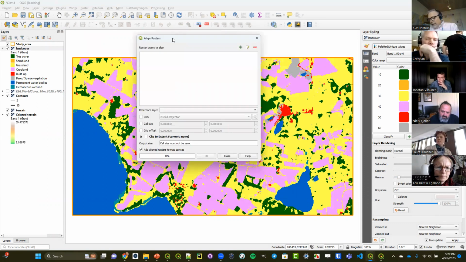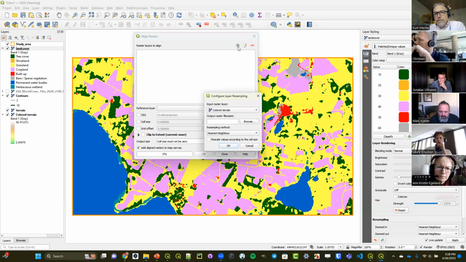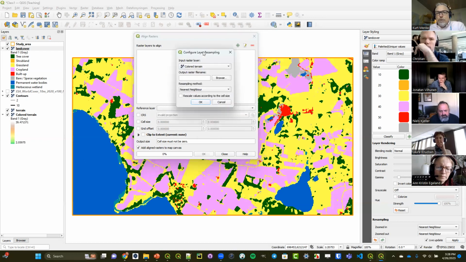And this is a tool that lets us take in a series of rasters and choose one as kind of the template and have them all align their pixels to that. So there is some resampling involved in this algorithm, but it's quite an easy tool to use. And to start, I simply click the plus button and choose the input raster. So I'm going to basically be aligning the terrain and the land cover. And for terrain, I have the same terrain data as 3 different copies. It doesn't really matter which one I choose because they're all the same data, even though I just have them